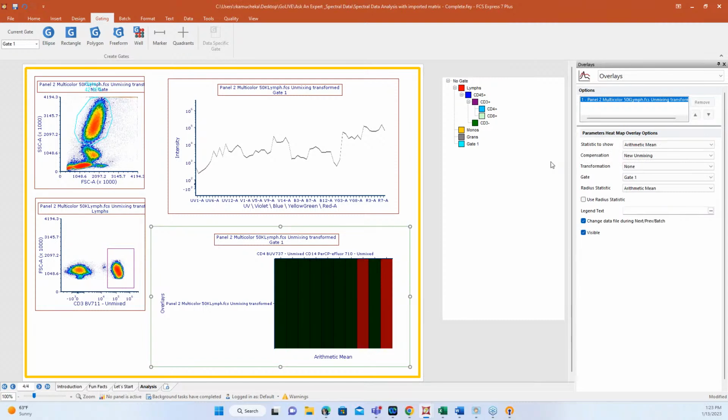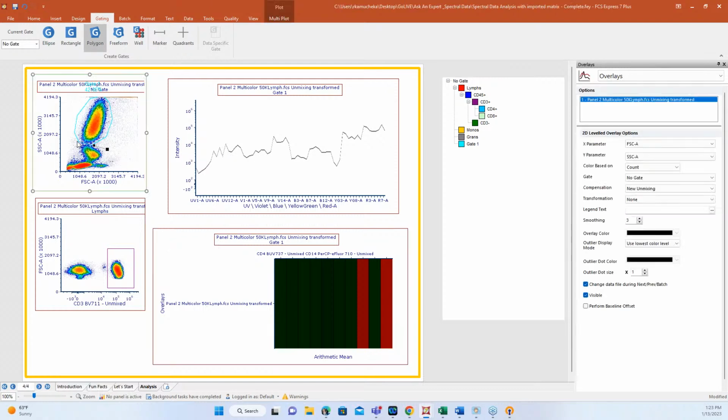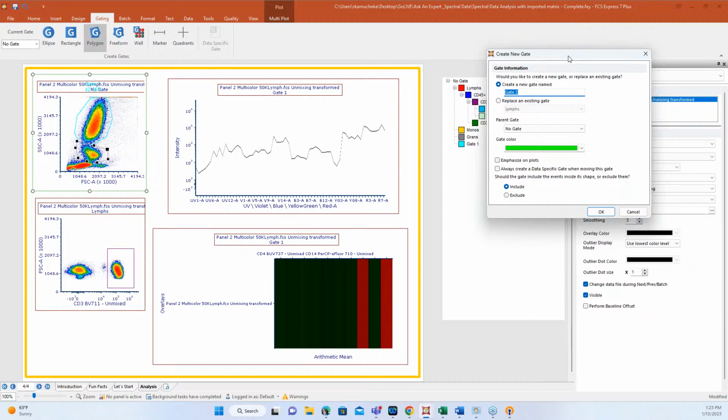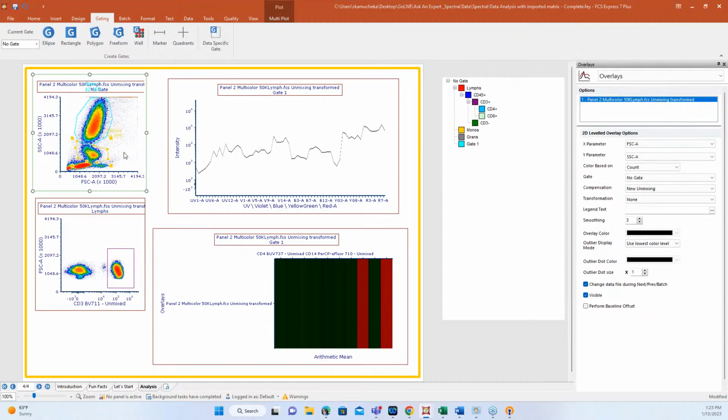So I guess I have just a little bit of disconnect. I might have been working with the unmixed file or a different data set that didn't have this unmixing transformed thing here. So when I created these gates, I just needed to update them. Of course, with our gates, you can replace a gate. So if you do run into something like this, like I did my initial analysis on an unmixed file, and then I'm moving to a raw data file because I wanted to compare how the unmixing looked between the instruments or something else, you do have that flexibility to just replace gates as well.